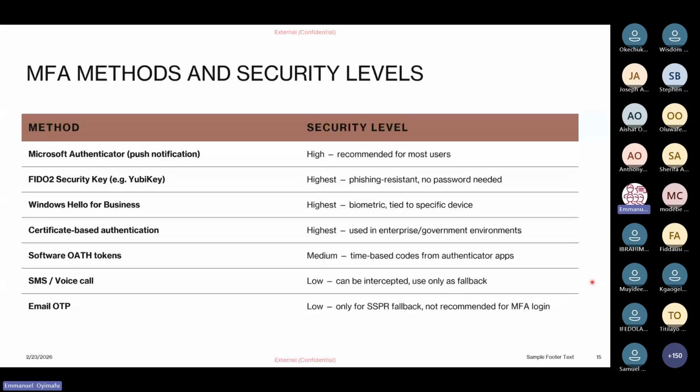Those codes that you get when you want to sign in, that they will tell you type 74, those are auth tokens that you get when you want to sign in like that. That is why they are called time-based codes from an authentication app. Those codes you get, those are the codes that we're talking about here.